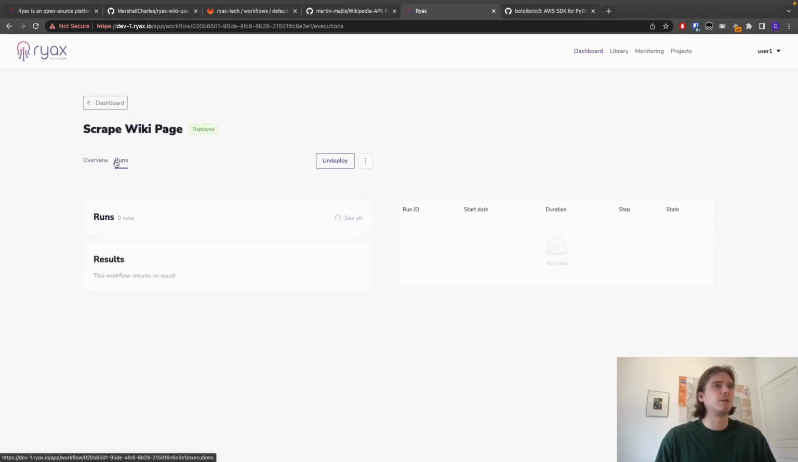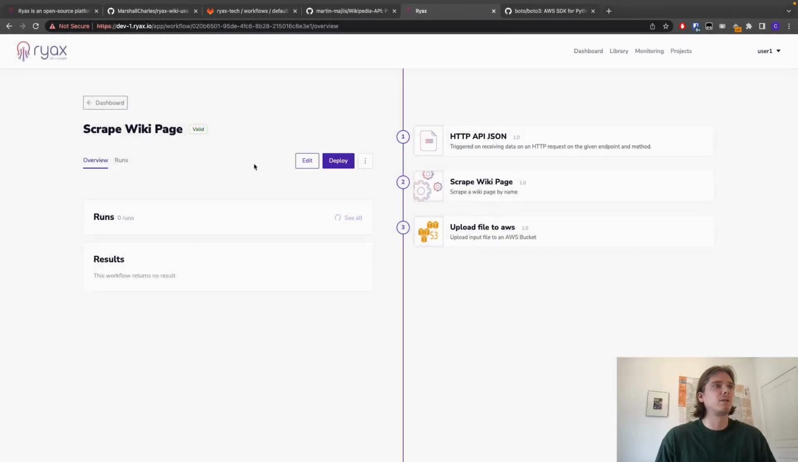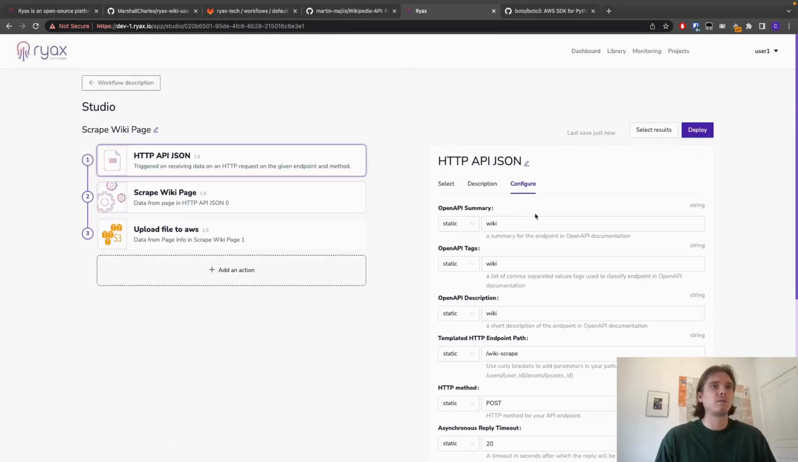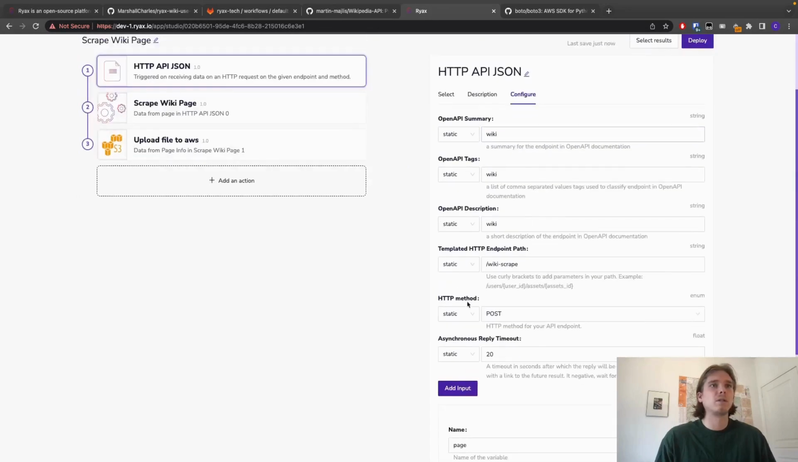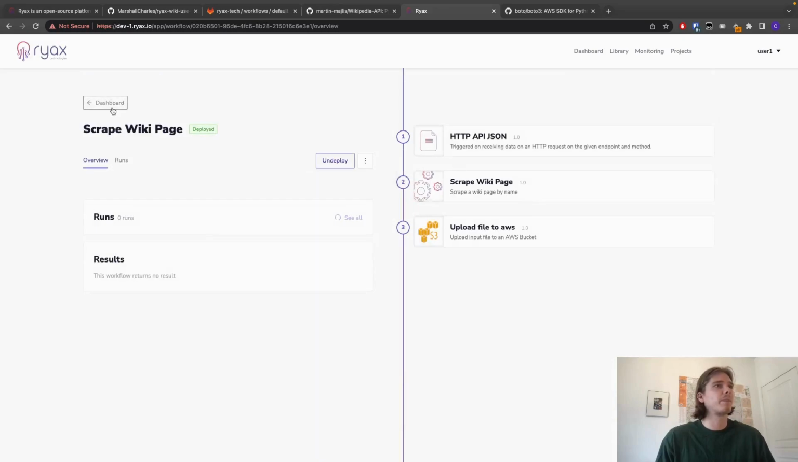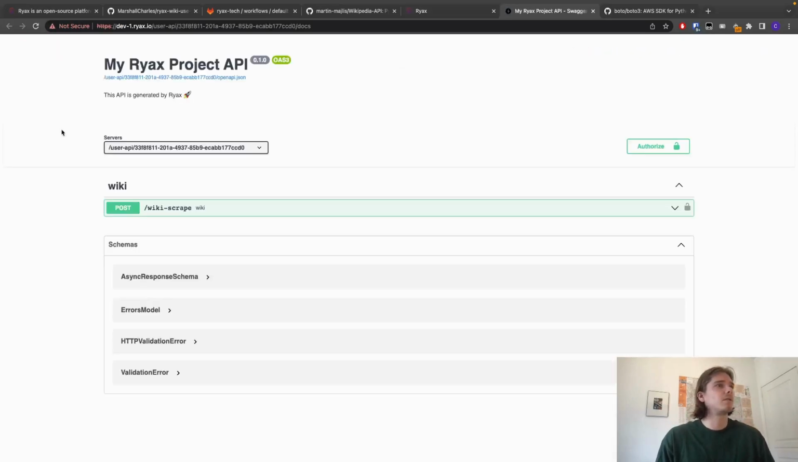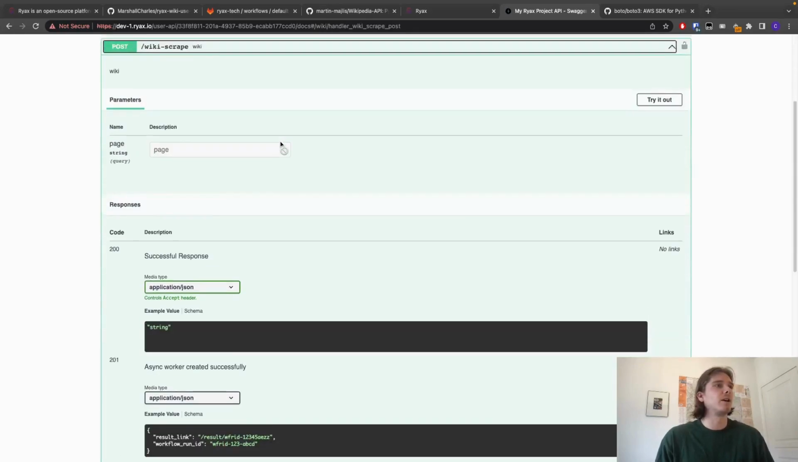We should have an API running here. Let's just undeploy and make sure we have everything. Wiki scrape. Okay, let's deploy that. That's deployed. Go to OpenAPI. Yeah, there we go. So now we can try out our